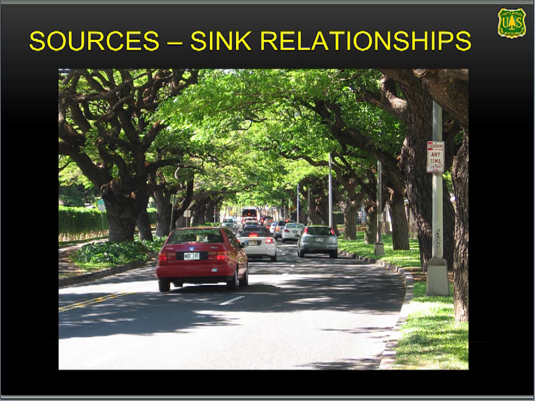In this case of this illustration, we have cars driving through a heavily canopied street. And where are the receivers of the benefits? Where do the people reside? This becomes very important in terms of design because in this case of an illustration, if you have a heavy traffic load under a heavily canopied street, these trees are actually preventing the dispersion of that pollution in many cases and keeping those concentrations relatively high near the ground level. Not that big of a deal if you don't have a lot of traffic, but if you have a major street corridor with a lot of traffic that tends to sit, it's like sitting in a tunnel. If you can't get that pollution to disperse, you're going to end up having higher concentrations. And the people that walk along those streets are going to tend to be breathing in those higher concentrations.